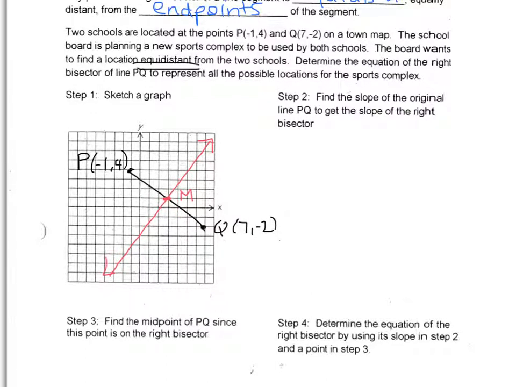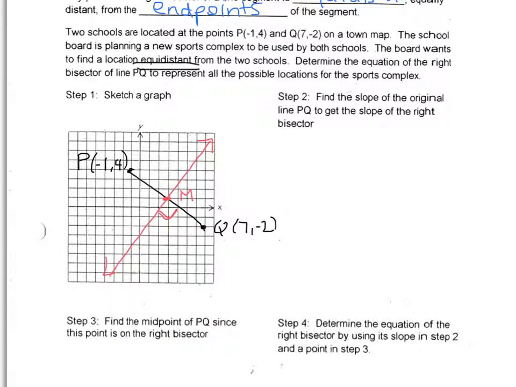Okay, so once you've drawn your perpendicular line segment, approximately where it should be, make sure that the line you've drawn is hitting the original line segment at a right angle, and actually show that in your diagram to show that you're thinking that it's a right angle, that you're conscious of that decision. The next step is we have to figure out what we need to get the equation of